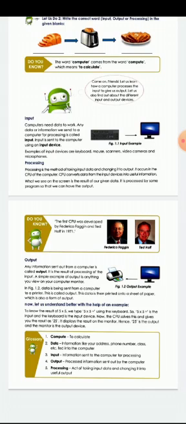Now, glossary. First one is compute. Compute means to calculate. You all know that computer came from the word compute. First, computers were used for the purpose of calculations only, but later it improved, its technology was updated, and nowadays we are using it for chatting, for watching movies, for playing games, for making calls. For all these purposes we are using computers nowadays.